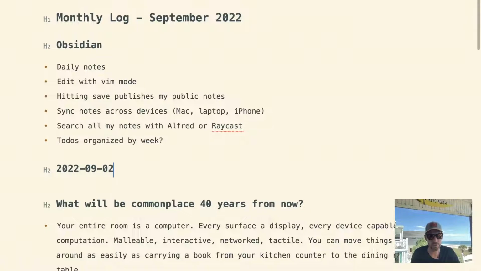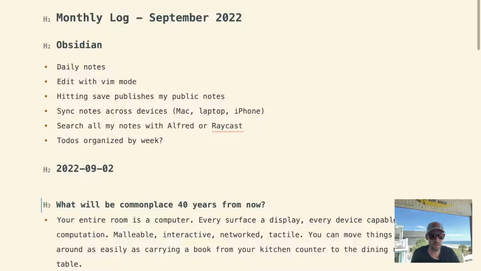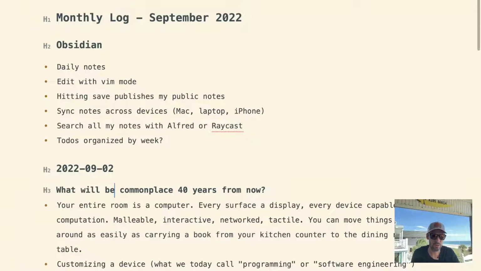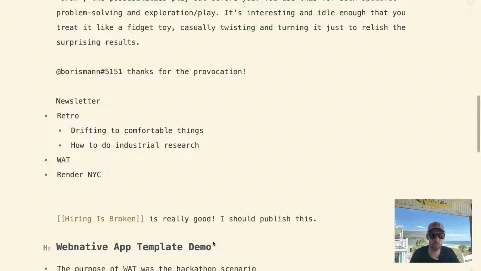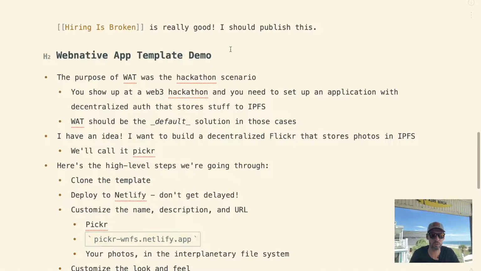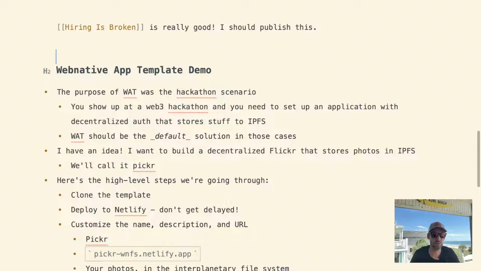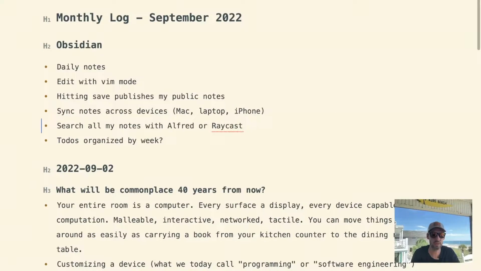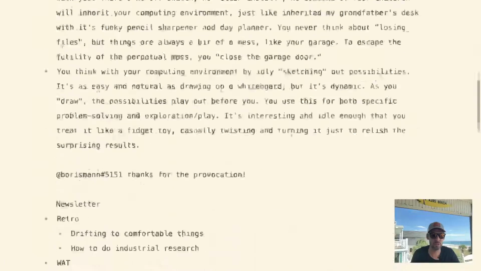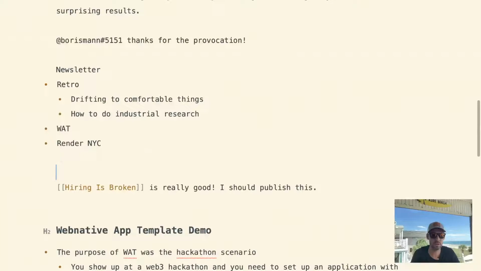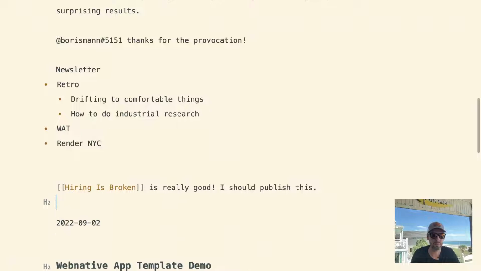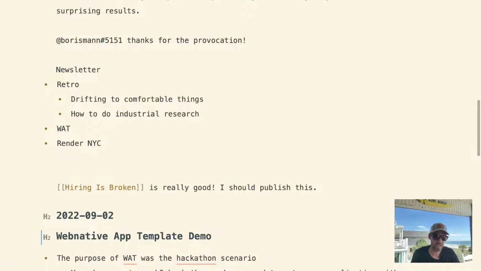So yeah, then I'd go back and mark this as this happened on last Friday, and then you can kind of see when I had these different thoughts when I worked on these various things. And this was last Thursday, which would have been the 1st. So I would come down here and tag that. Okay, so that's one thing I do: I take daily notes this way.